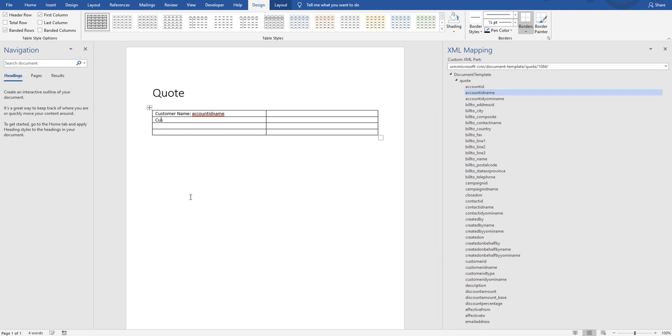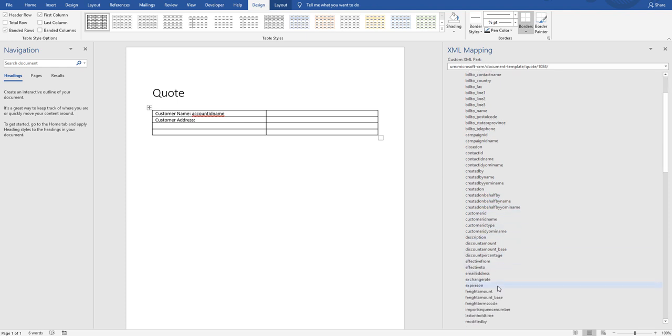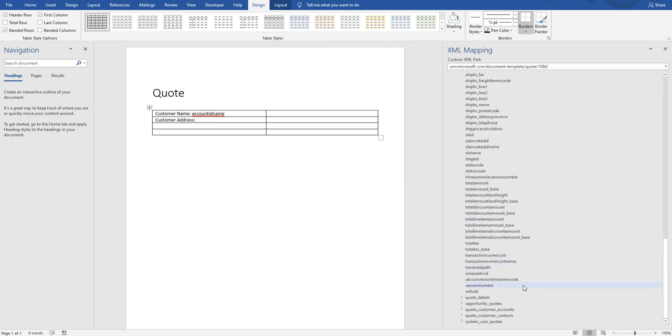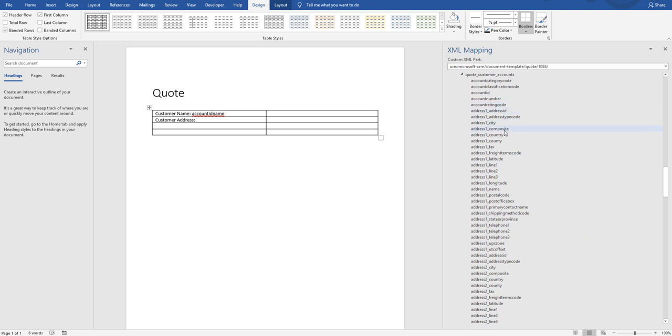And so now I'm going to say customer address. I'm going to show you there's a couple different ways to do this. So I just went ahead and chose account ID name. That gives me the name of the customer right off the quote. But now let's do the customer address, because we do not have a customer address on our quotes. We have bill to and this and that, but what we need is to go and find that customer, right? And in our case, that customer would have been here, quote customer accounts, and then we want the